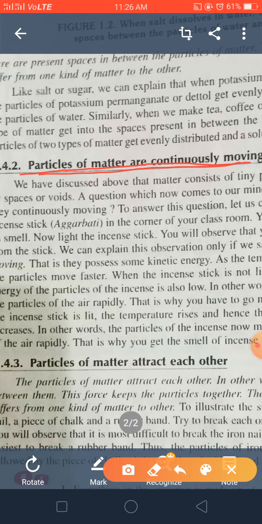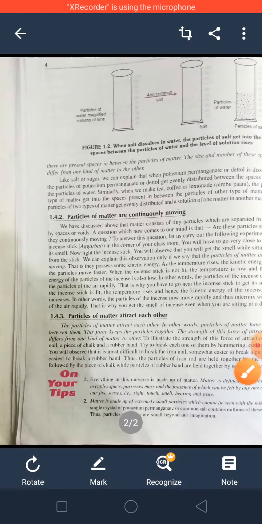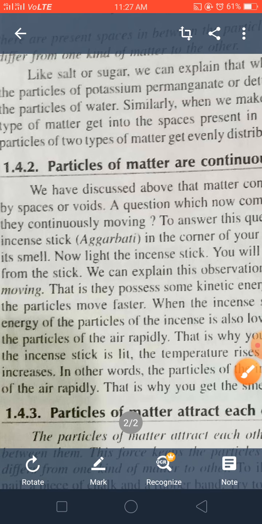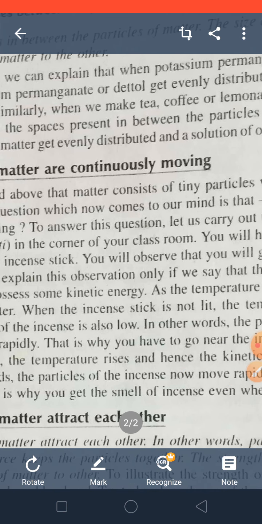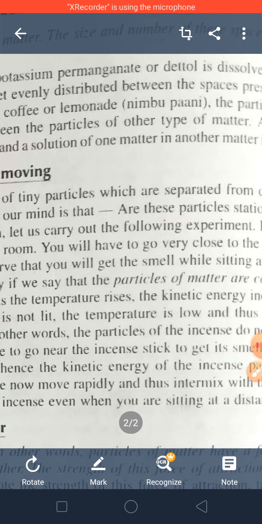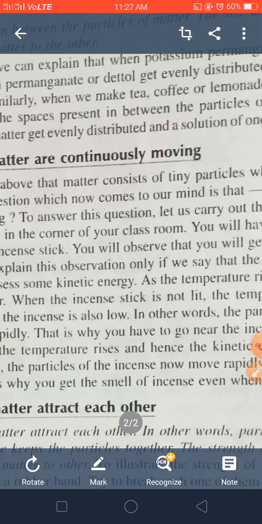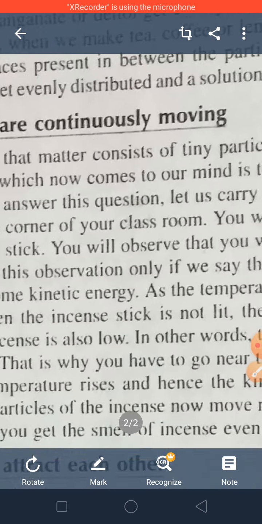Similarly, I have given here another example. Say, for example, if you take an incense stick or agarbatti that we commonly use in our homes, and keep it attached to a wall in one corner, you first have to go near the stick so as to smell its fragrance. But once you light the stick,